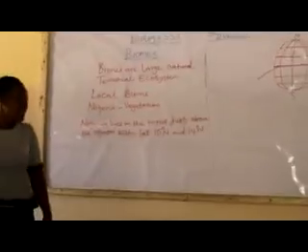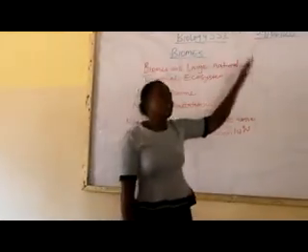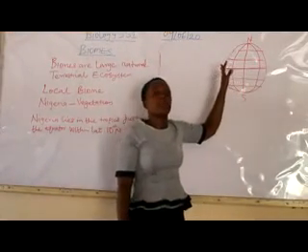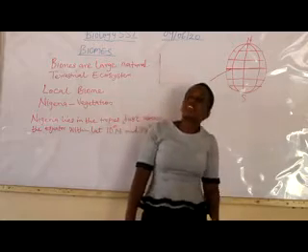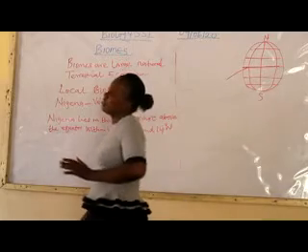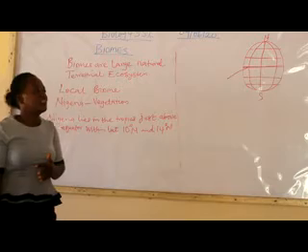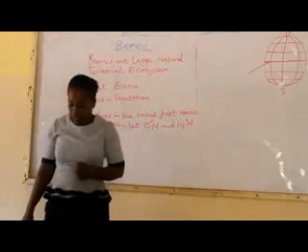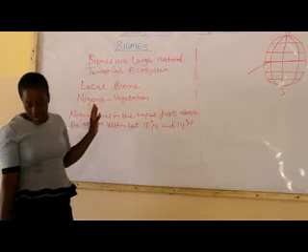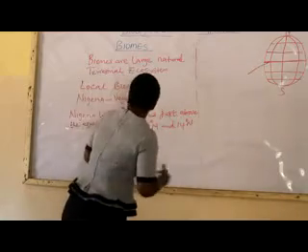So I told us that the major characteristic of the countries that are found just above the equator is that they are countries with very high temperature, which is between 25 degrees centigrade and 32 degrees centigrade, even above that in the dry season. In Nigeria, temperature exceeds that during the dry season. And because of where Nigeria is found, we have biomes. We have, number one, the biome types of Nigeria.